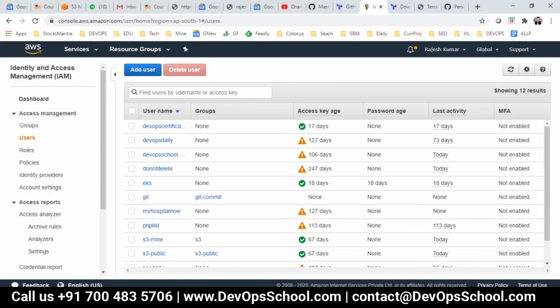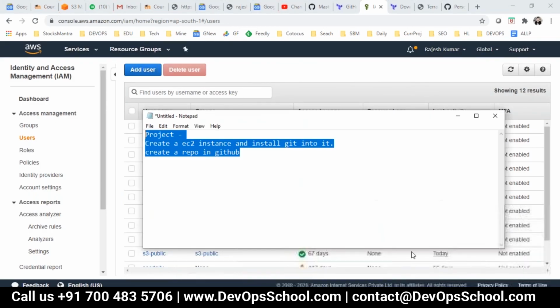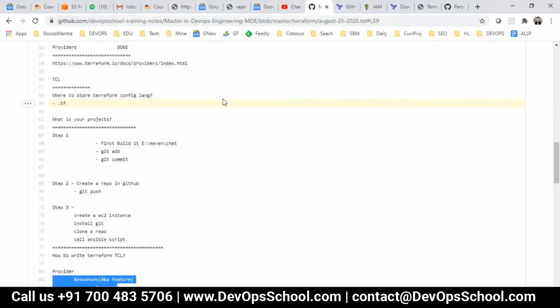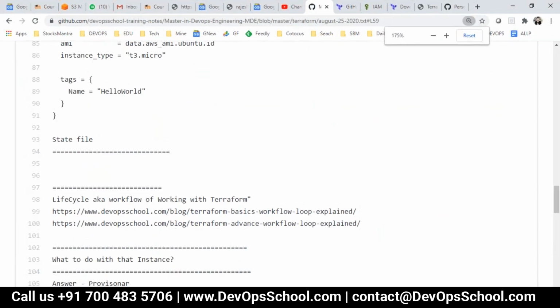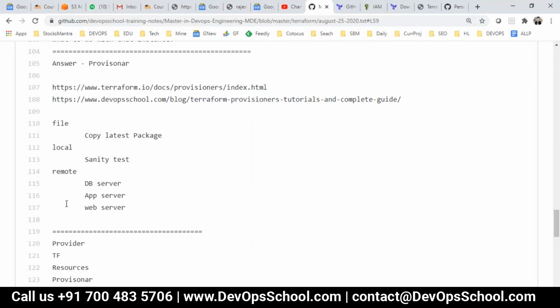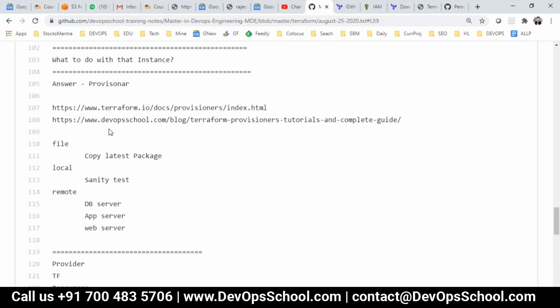Now the question is, you have created a few instances. Think about it. You have created the instance, but you want to do something inside it. You want to install something, you want to set up, configure something, you want to copy something, you want to download something, you want to remove something. So something you want to do, let's say configuration management, like Chef, you want to run the Chef script or Ansible script or install Git. How do you do that inside the resources? Think about it. How do you do that?